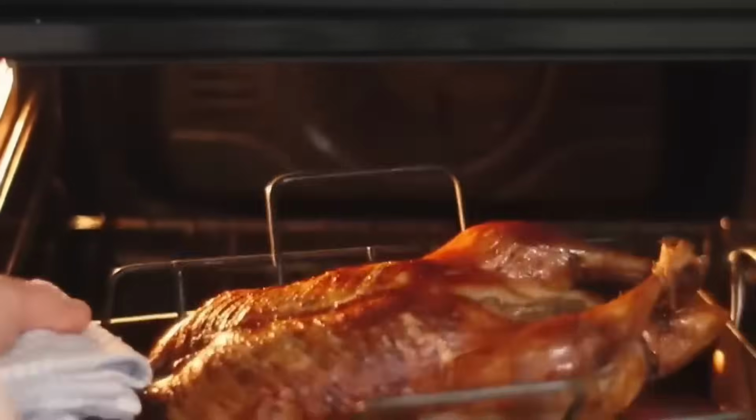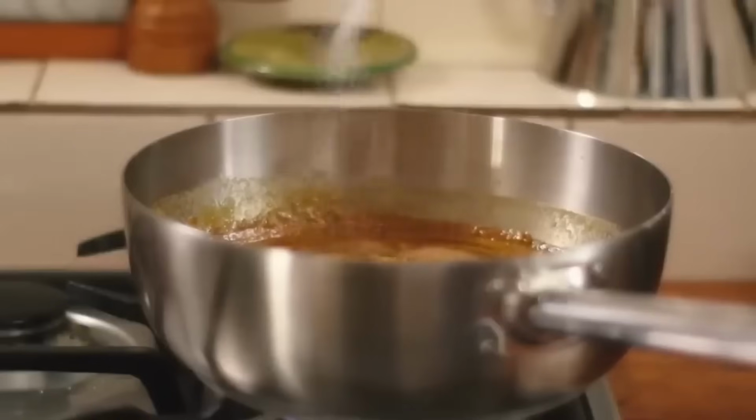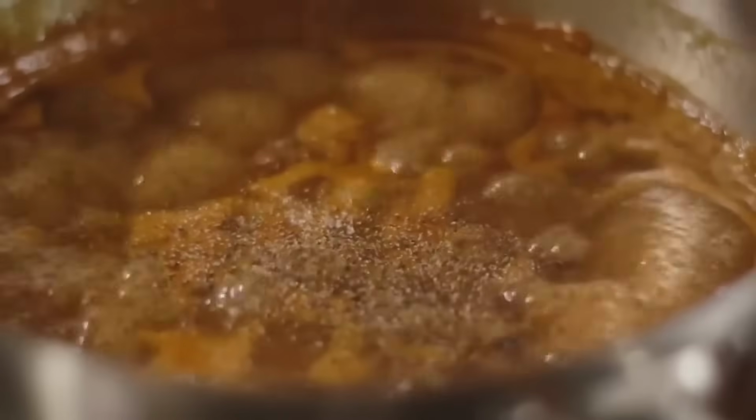The sauce is usually prepared separately and reduced to a luscious syrup, then drizzled over the duck just before serving to preserve its bold, vibrant flavors. This dish masterfully balances the rich, natural fat of the duck with the bright, acidic notes of citrus, showcasing refined